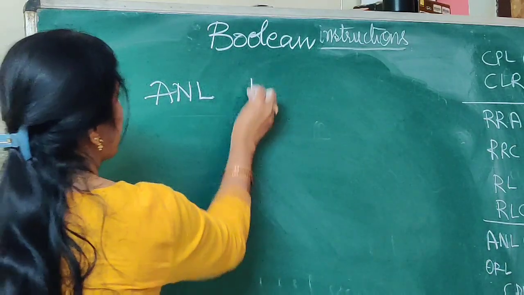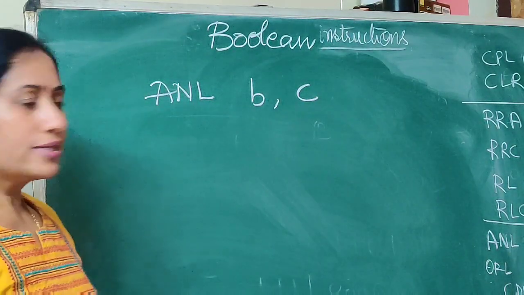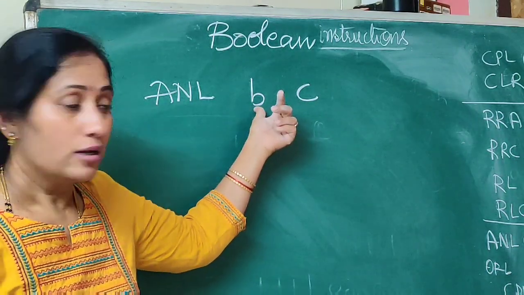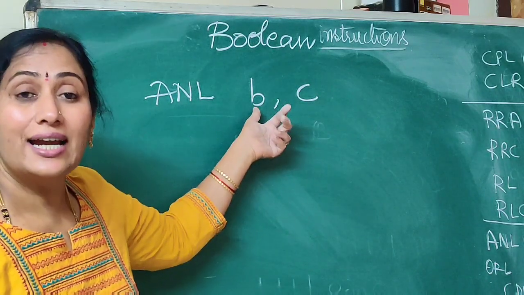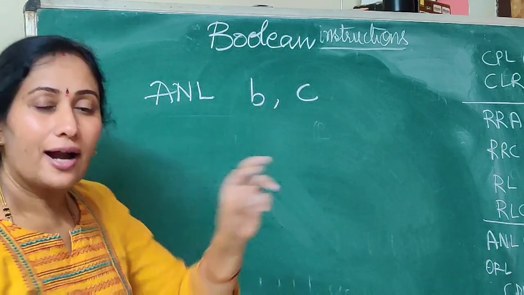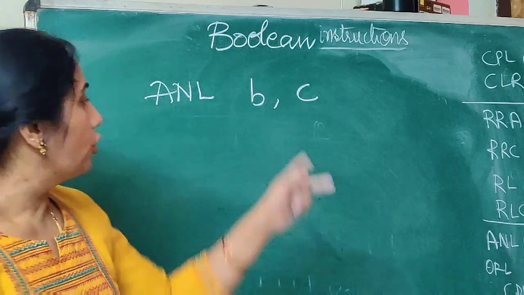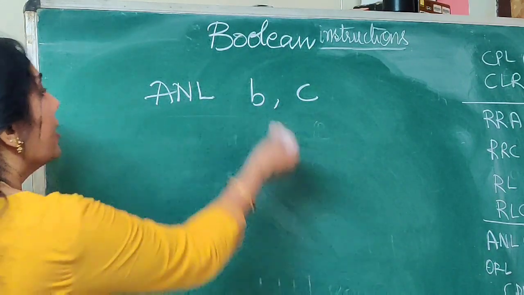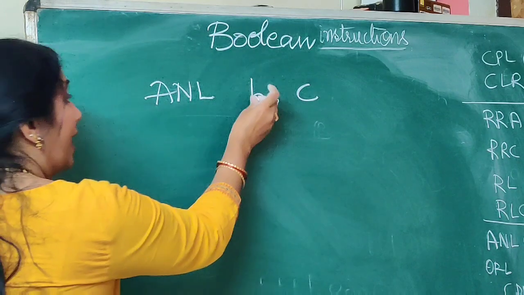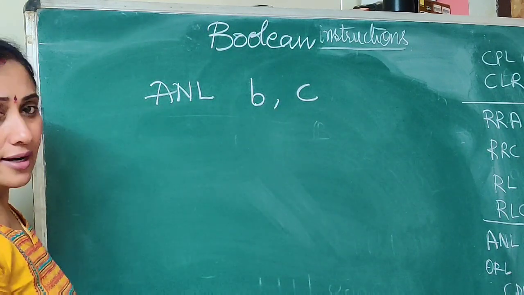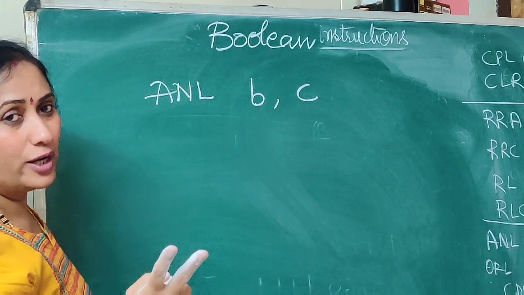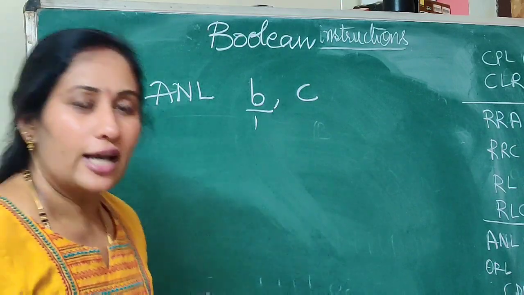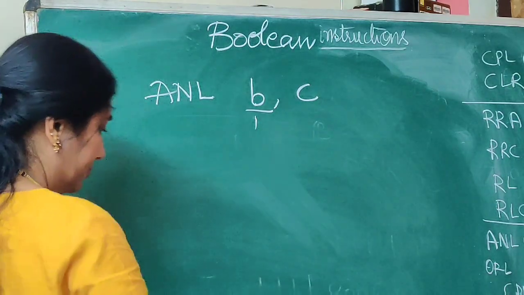Now I am going to change the places. You can see over here, the source is the carry flag and the destination is the bit address. The content of the carry flag will get ANDed logically with the contents of the bit address, and the result is placed in the bit only, at the address of the bit we have specified. Here again the addressing mode is direct addressing mode. Length of the instruction is 2 bytes because the bit address takes 1 byte and the opcode takes 1 byte.